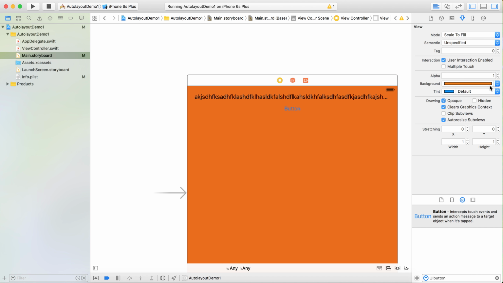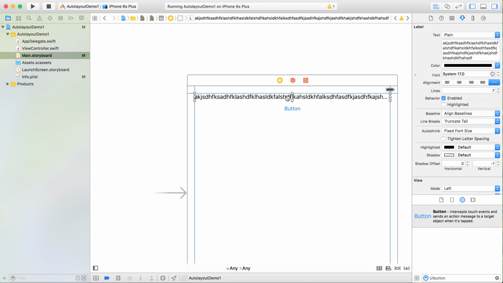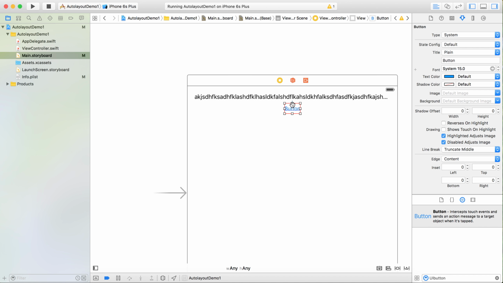Let me change the color of this thing. Okay, so if you select this option, you can see this red line. Red lines can be for multiple reasons. Two major reasons are, first, it does not have proper constraints so that it can define its own frame. Second, there are too many constraints, and in that case also it cannot define its own frame. So here we are dealing with the first type, where it does not have enough constraints so that it can